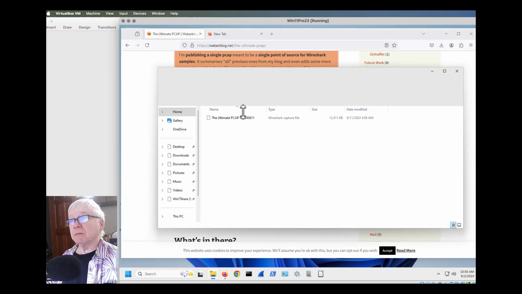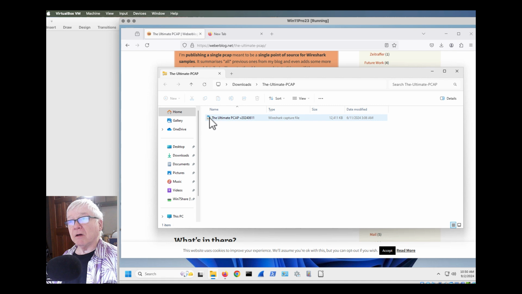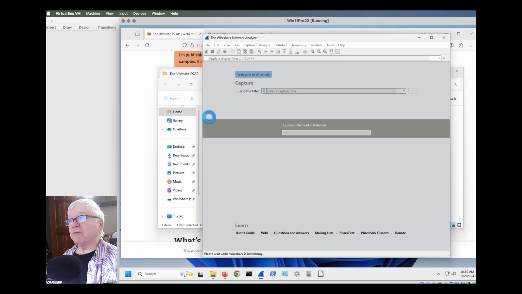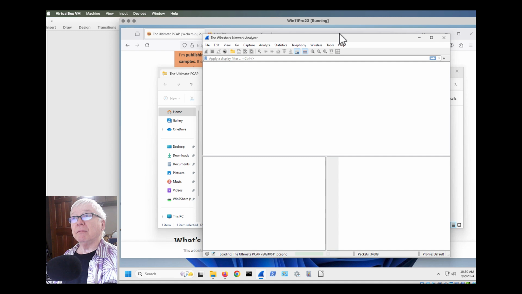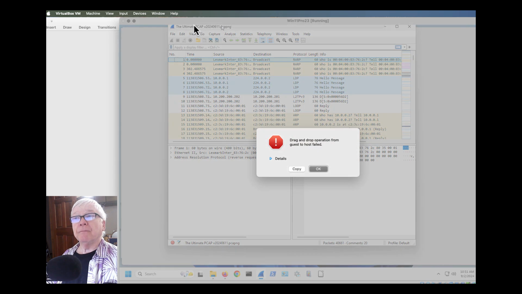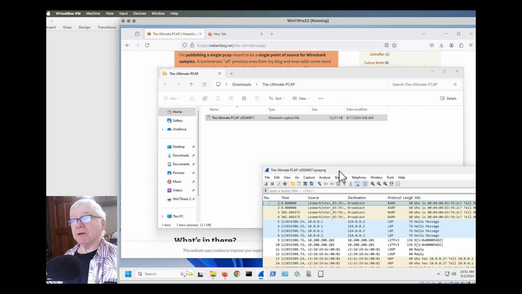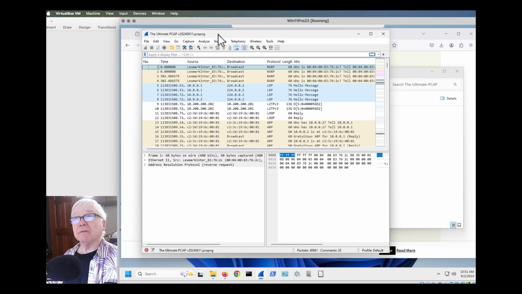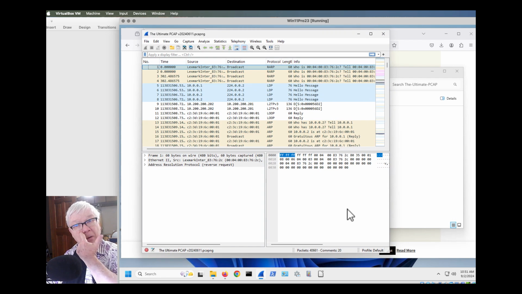And we're going to go and open that zip file up, and we're going to open that 12 meg, is it? We were loading that. There's 40,000 packets here. Now, yeah, there's kind of a bug here in VirtualBox that tries to think I'm trying to drag from Mac OS into Windows 11 here.